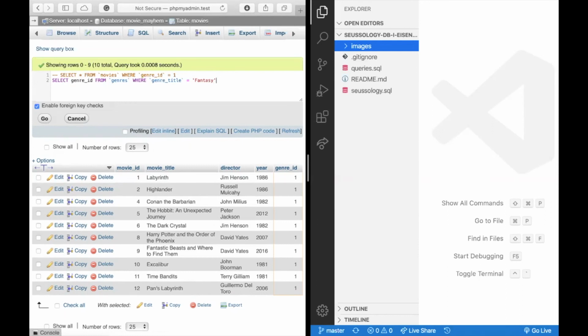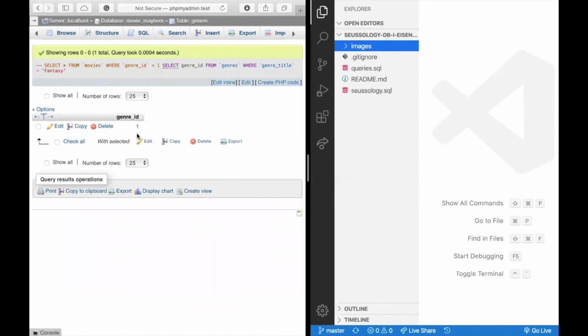Okay. So this first query is commented out, so it won't execute. And this is my other query. So this is me getting back the genre ID. So I'm going to get there. And you can see that I'm getting genre ID and I'm getting 1. That's all I'm getting back, just the 1. That's what I wanted. This is that number 1. That's the same as the value we want to put in my genre ID in my first